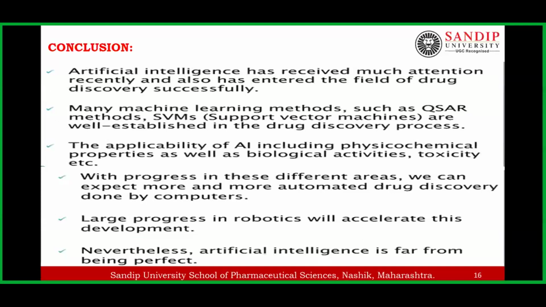Next, many machine learning methods such as QSAR and SVM, support vector machines. These things we are aware of, especially the pharmaceutical chemistry people, in the process of docking studies. They are using these things, and the applicability of artificial intelligence in physicochemical properties determination, biological activities, as well as toxicity studies, which are the basic parts of drug discovery. All these things are also being analyzed with the help of these artificial intelligence programs. And here we are using different things,